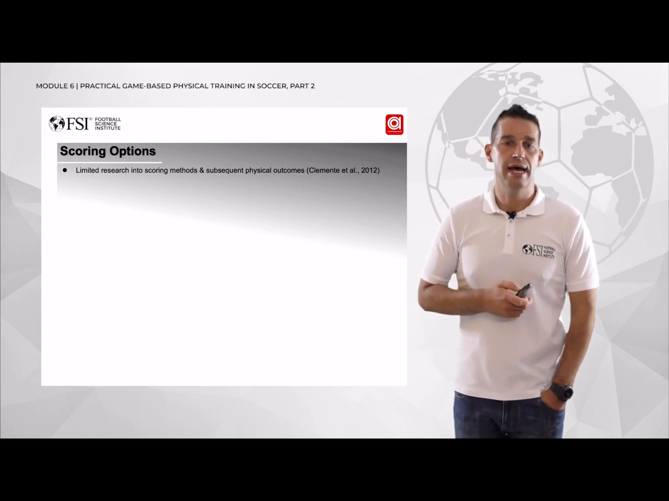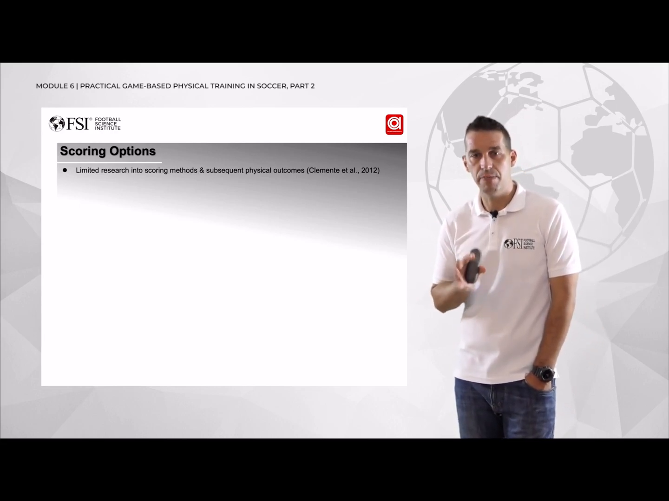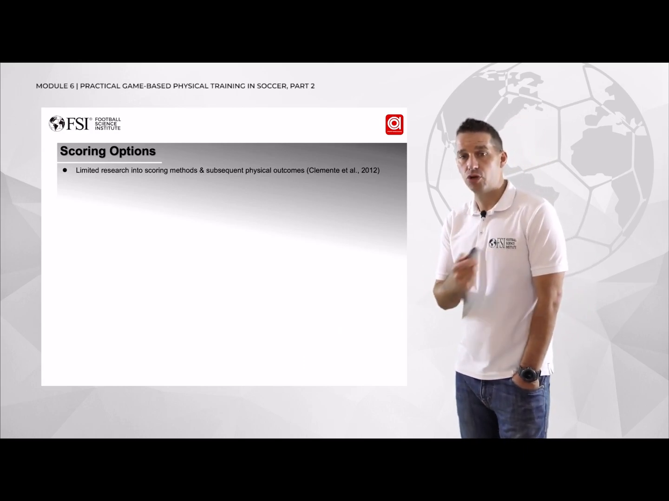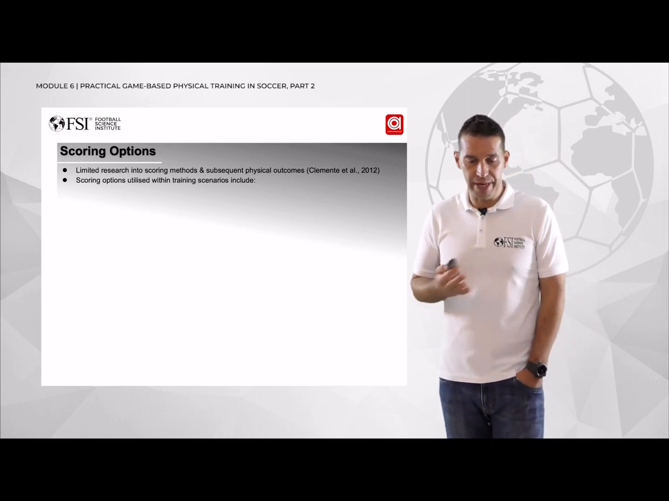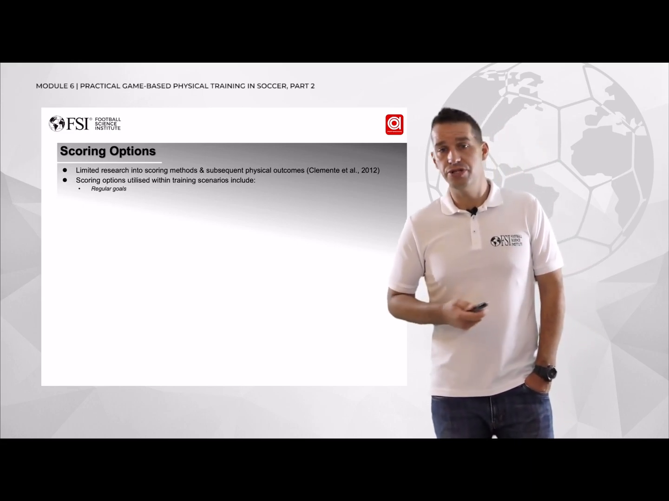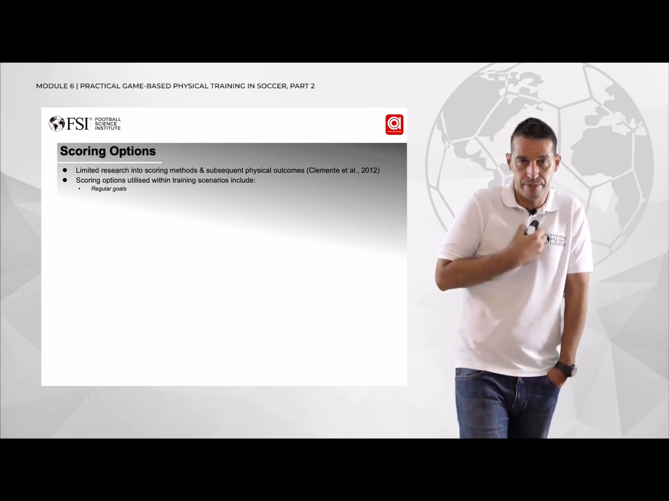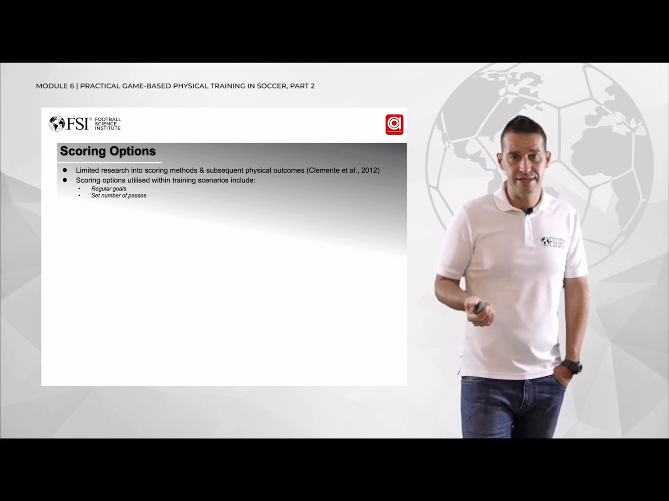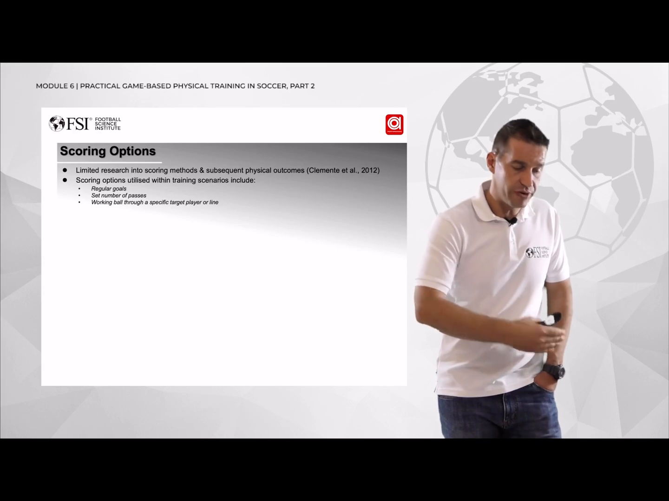Scoring options, the next variable. There's limited research into this, but there's a couple of papers out there suggesting how scoring methods may affect the physical outcomes, which again is another way of being able to manipulate the intensity of what we're doing. So some of the scoring options utilised currently out there, or have been discussed or utilised on a daily basis, self included: regular goals, set number of passes of possession per goal, working the ball through a specific target player or over a certain line,